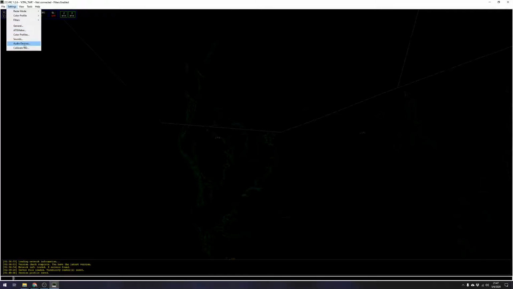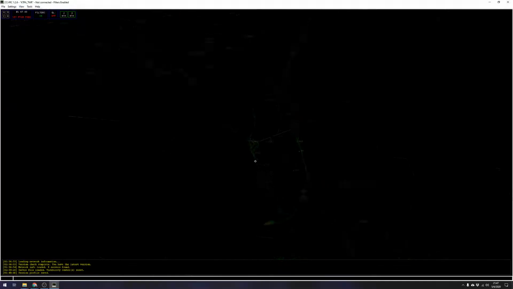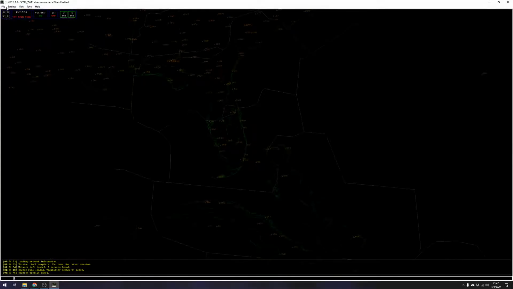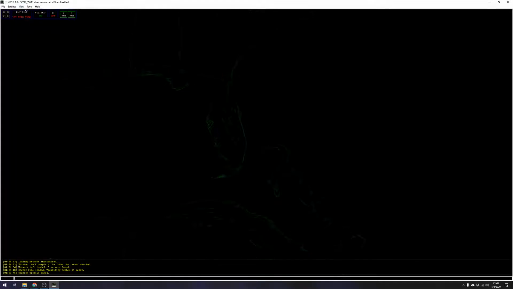Audio devices and calibrate mic, you don't have to do that anymore because we have a separate client for the voice communications. View. So there's a bunch of stuff that's shown. There's a section of 5 things up at the top. You can leave those alone. Otherwise, my recommendation, believe it or not, is I turn all of this stuff off. You can leave anything that says labels on, but I want all of the stuff turned off. Right, so boundaries,